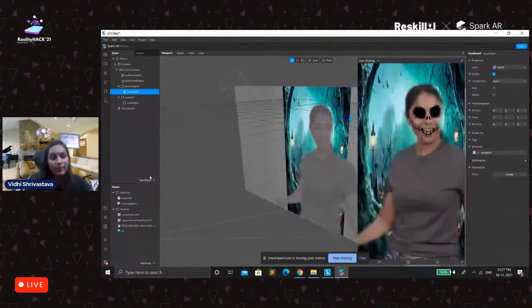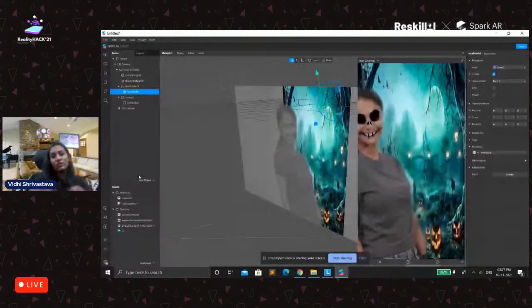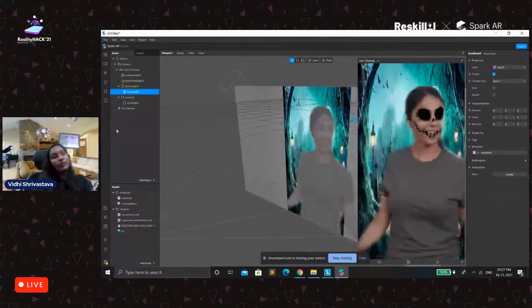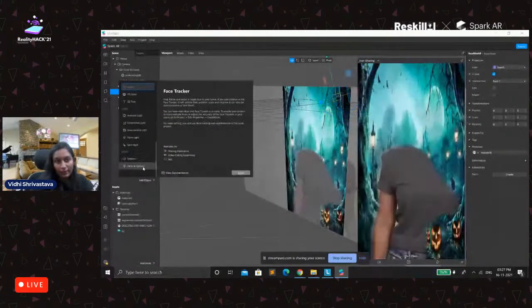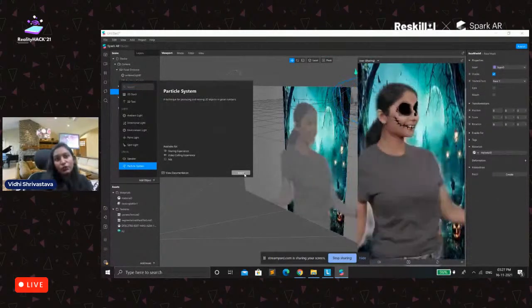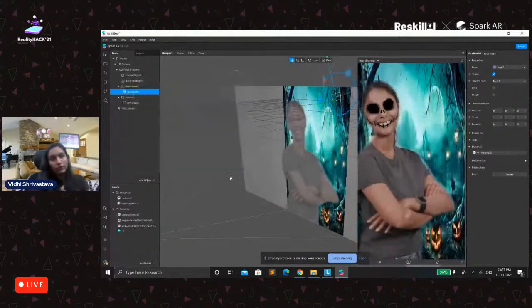For example, let's add something like skulls, or ghosts that are falling or going up. How we can do that is we will add an object that will be the particle system, or we can say the emitter. So we will add a particle system here. These are basically 2D objects that usually interact with the effect we are adding.